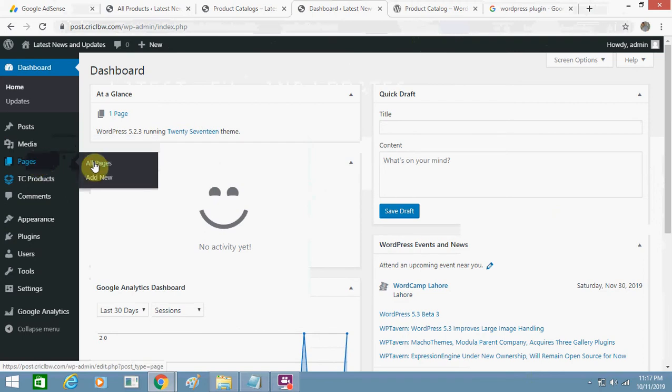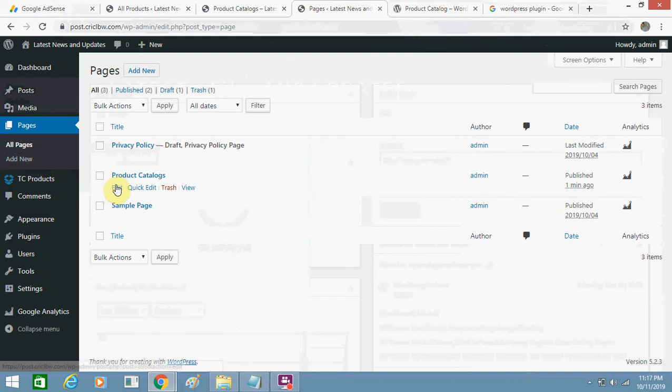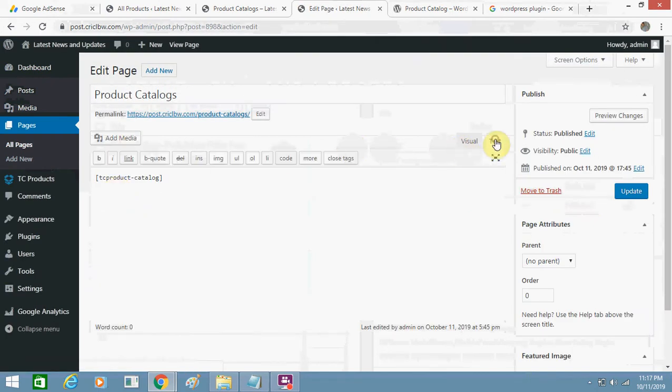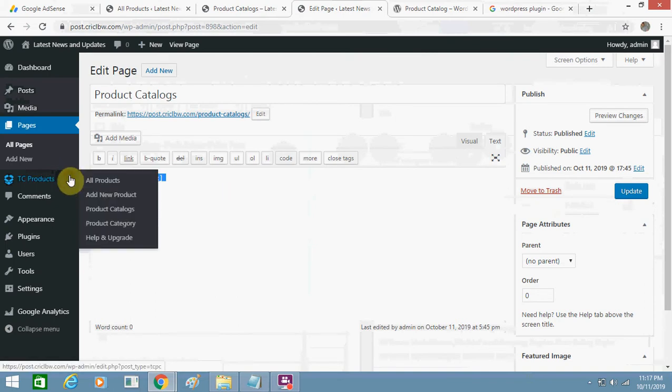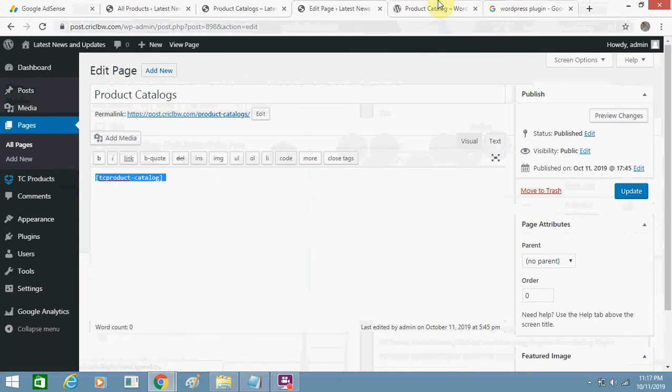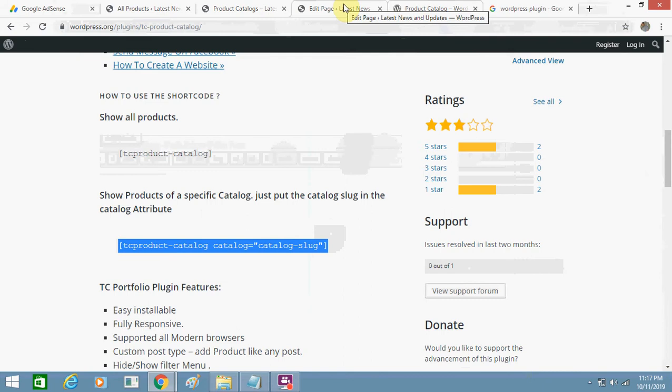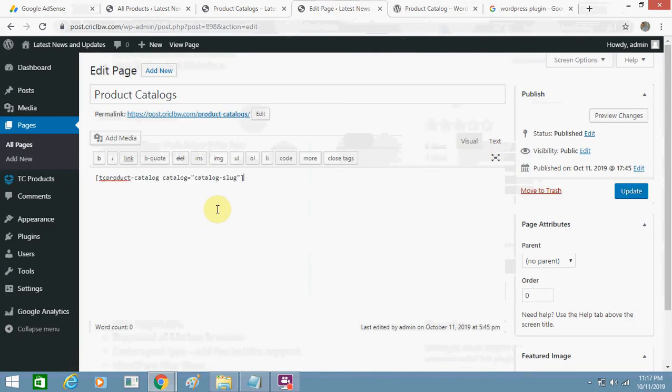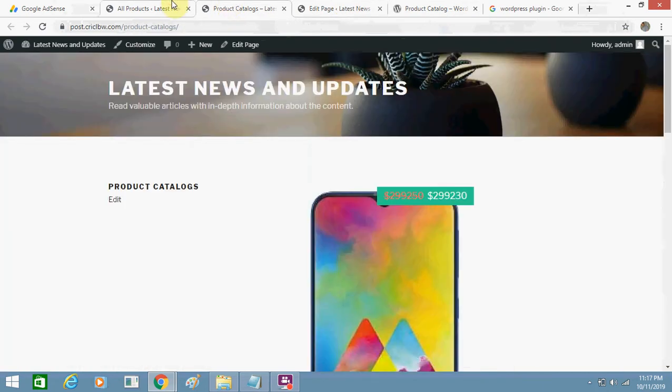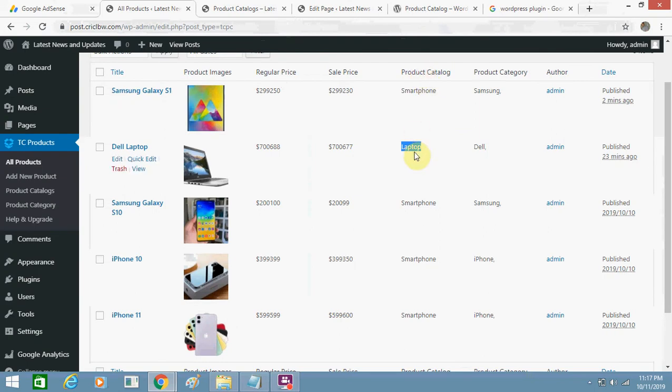I'll again go to my page. This is the product catalogs page. I will go to text. I will paste that code which I have taken from this page, and I will type in smartphone first.